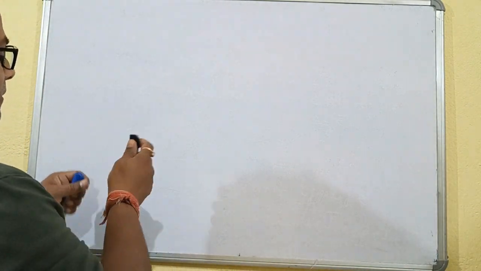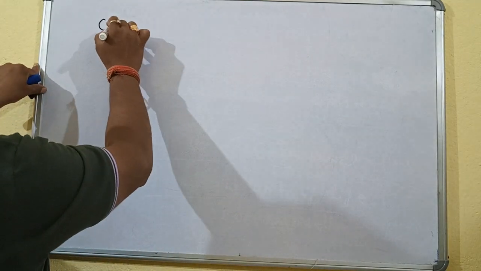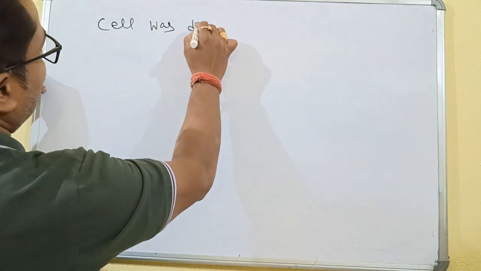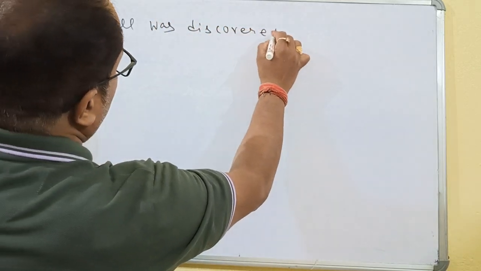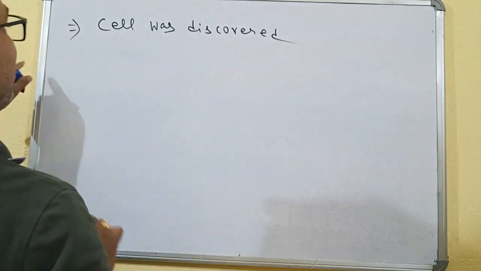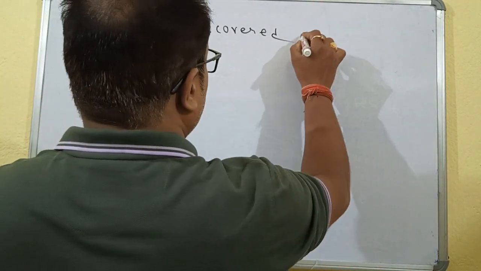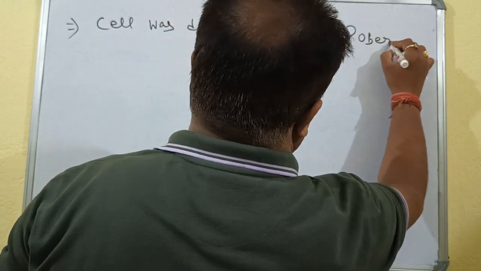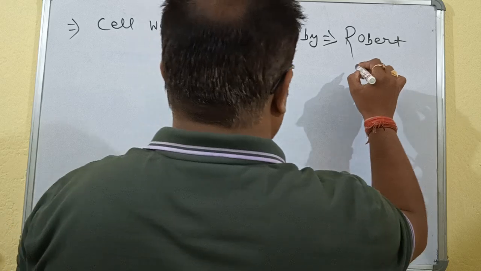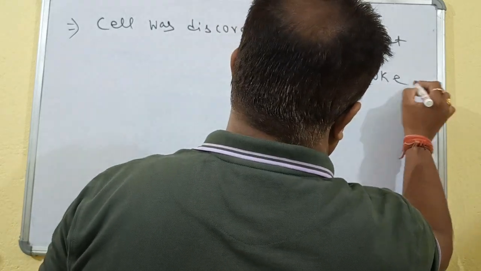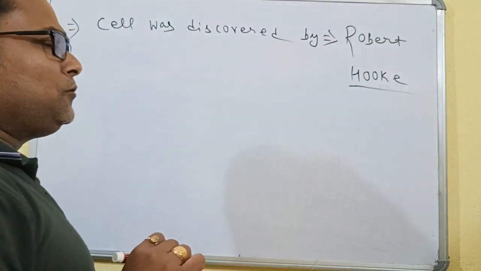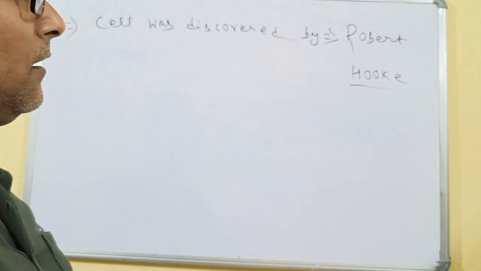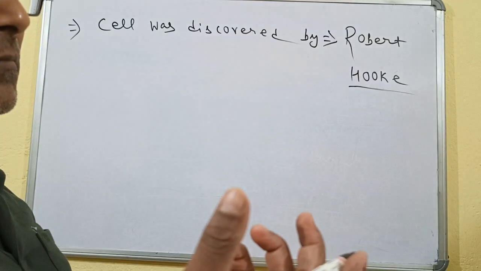So here also, cell was discovered by Robert Hooke. Actually, Robert Hooke worked on cork cell,